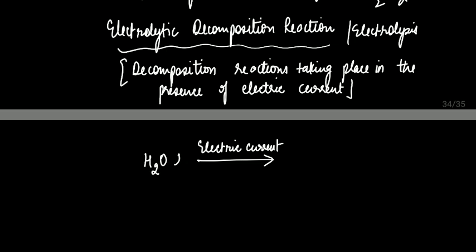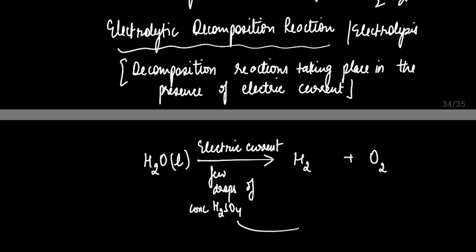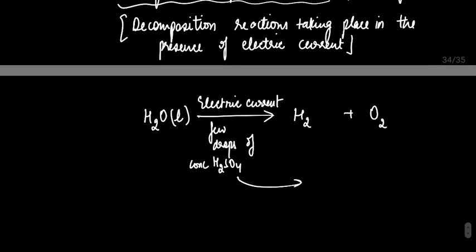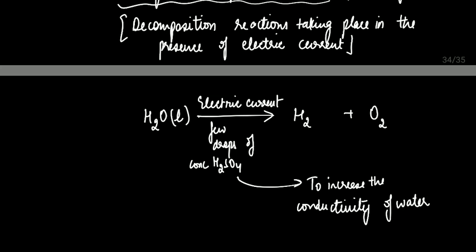So the water that we have taken over here is definitely distilled. So how can you give electric current to it and it can just decompose into hydrogen and oxygen just like that? It's not that simple. You have to add a few drops of concentrated sulfuric acid just to increase the conductivity. So this few drops of sulfuric acid is added to increase the conductivity of water,